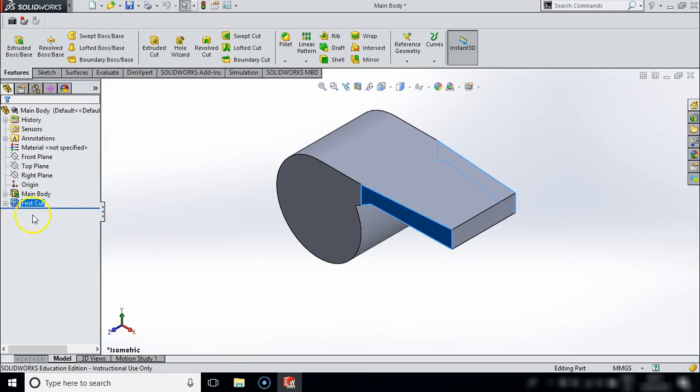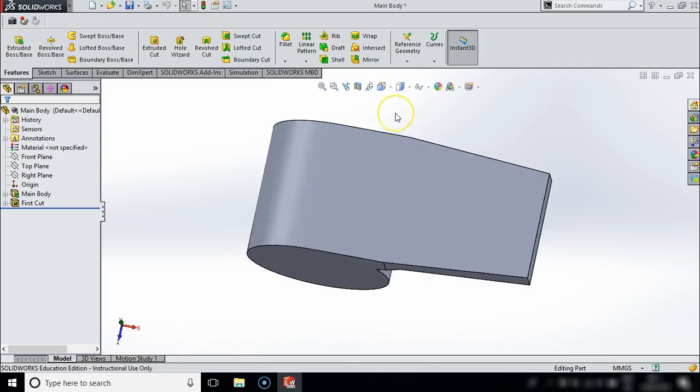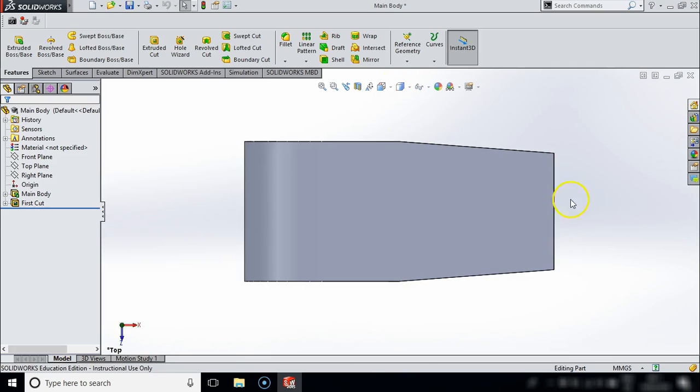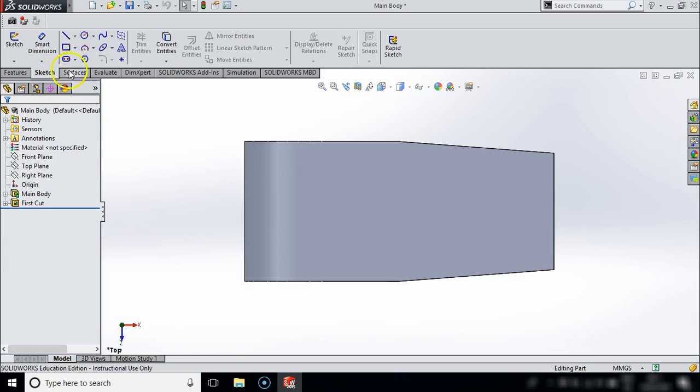Click OK, and you can see that the name changes there as well. Now the next thing I want to do is put a little bit of a round on the front of my actual whistle. So I want you to look directly at the top, and we're going to go into sketch,